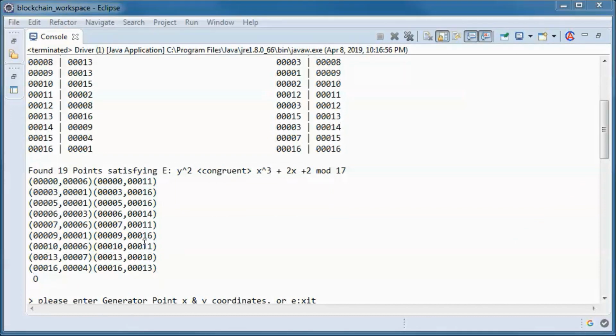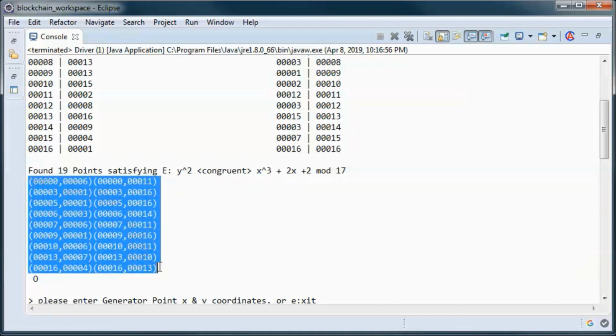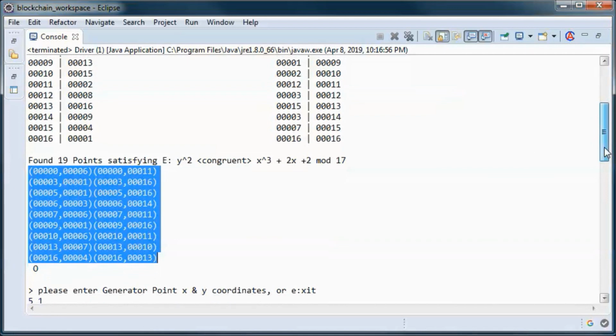And we have a theorem that says that if we have a finite cyclic group with prime order, then all elements, meaning all points in this case, in that group are generators of that group, meaning all those points are primitive elements. So if we pick any point here, it will end up generating the entire group.